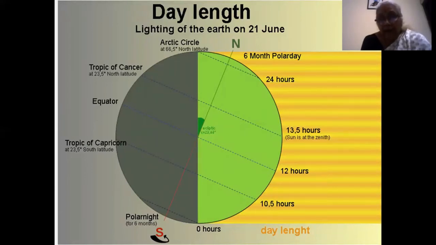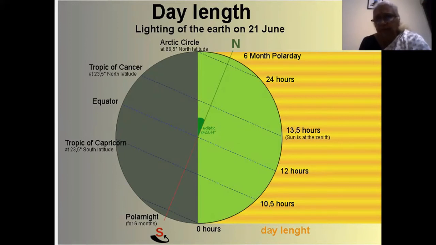This axis also is responsible for our daylight hours, going from long daylight hours to short daylight hours. So in school, you have definitely studied about the longest day and the shortest day, right? Whether you have understood it or not, I do not know, but to explain it here, it's very simple. As you can see, if you can imagine that the earth is rotating now, then along the equator, we have equal day, equal night at all times.